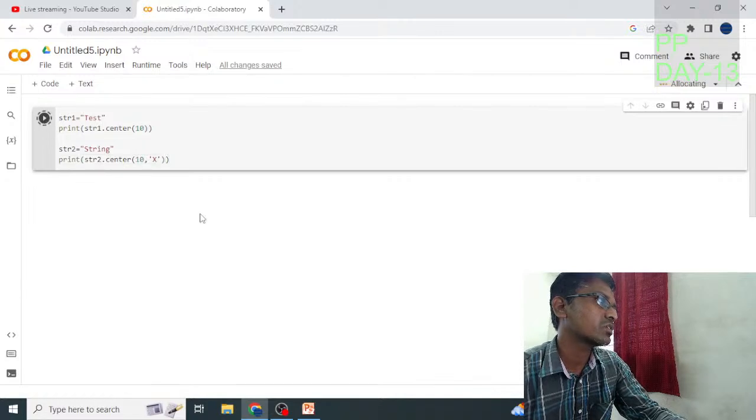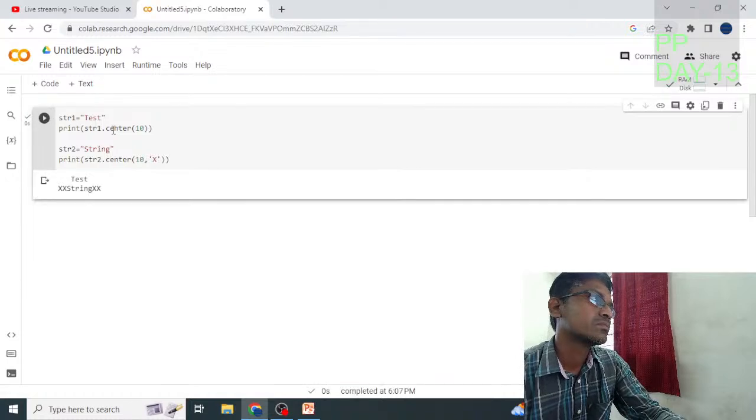So now execute this code. The first time you execute this code, it will take some time, and after that it will print the output of the given example. So this is the output. It will take the spaces, and after that print the test. Whereas in str2 it will fill with the x value before and after, and the total length of the string is 10 characters. So that is about the center